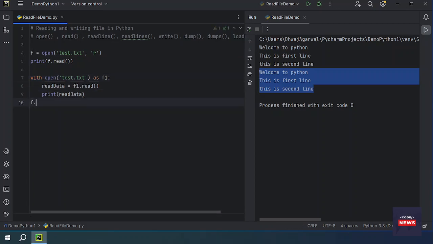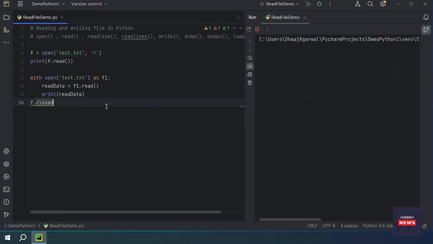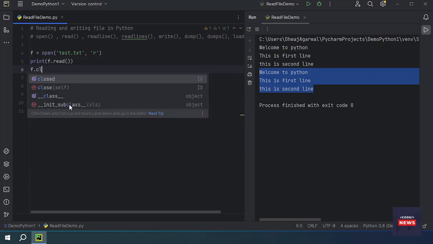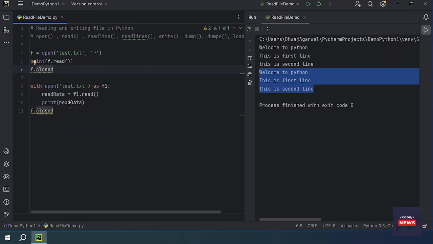We have to close the file object. This is the property which makes sure the file is properly closed. If you are not using the with keyword, then what you have to do is say file.closed, because you have to free up the memory which is taken by this program. Okay, it will work the same as